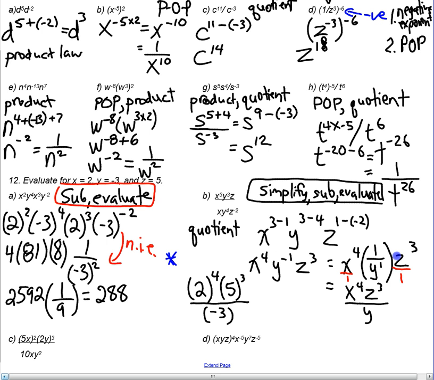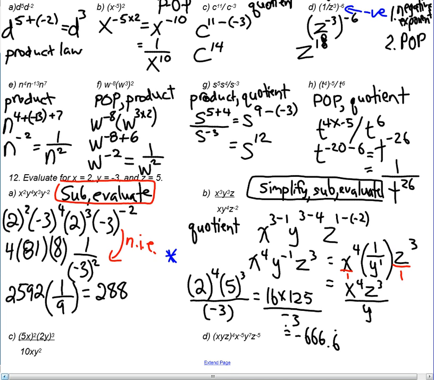So it would be 2 to the exponent 4, which is 16, 5 to the exponent 3 is 125, and divide that by negative 3. And I get negative 666.6 repeating. Okay. That's approximately equal to,